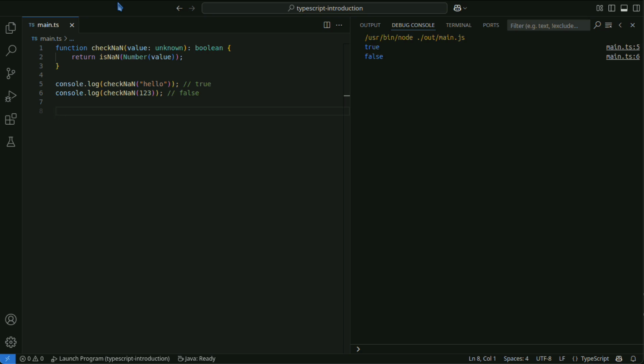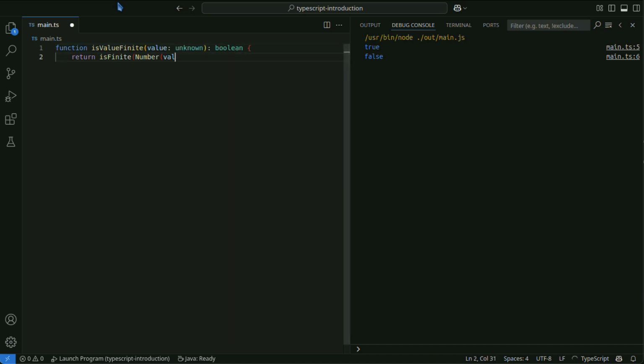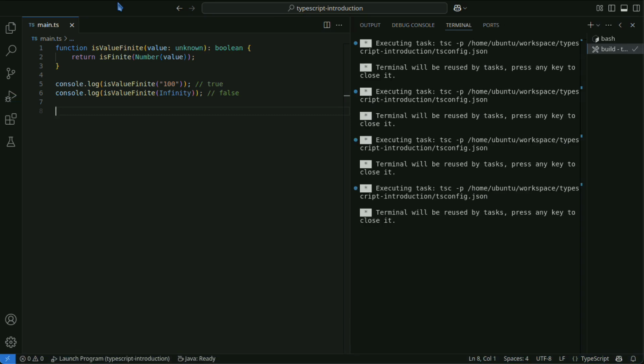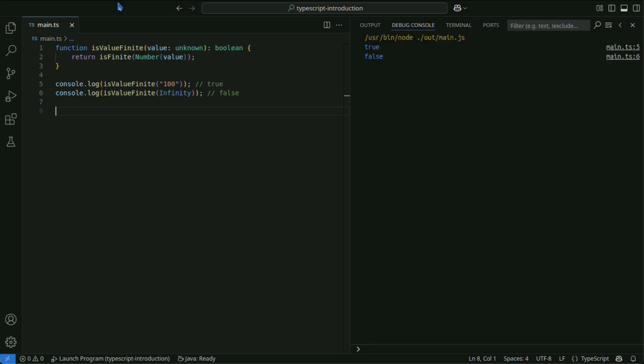isFinite determines if a value is finite. This function also uses Number to convert the value to a number before determining.